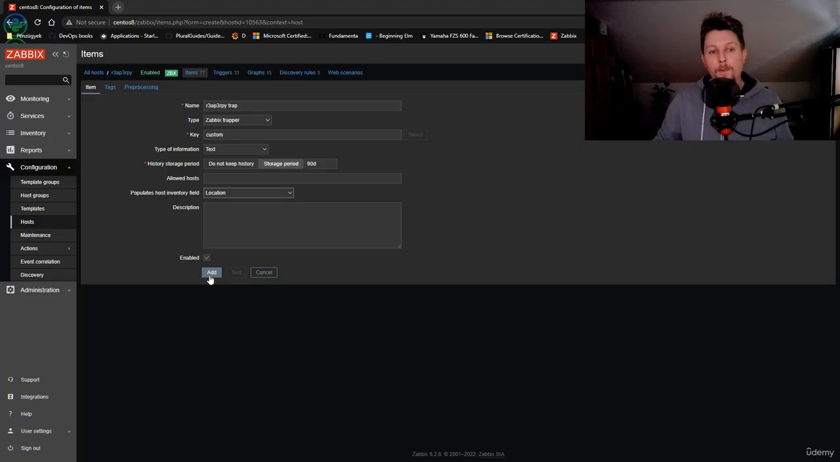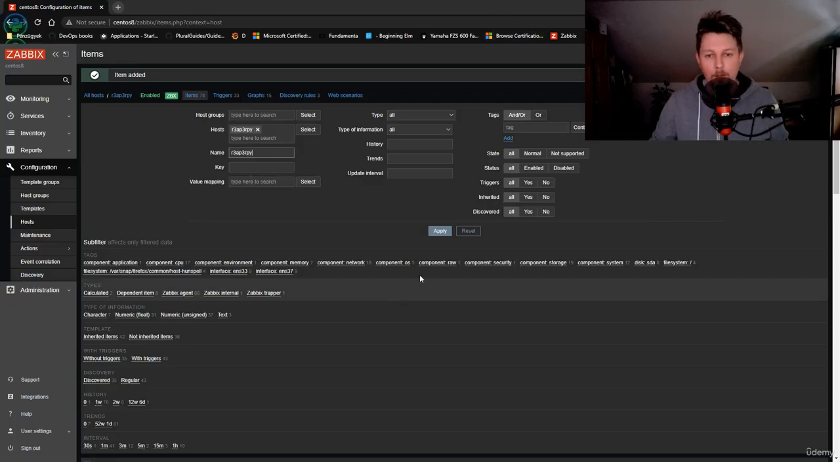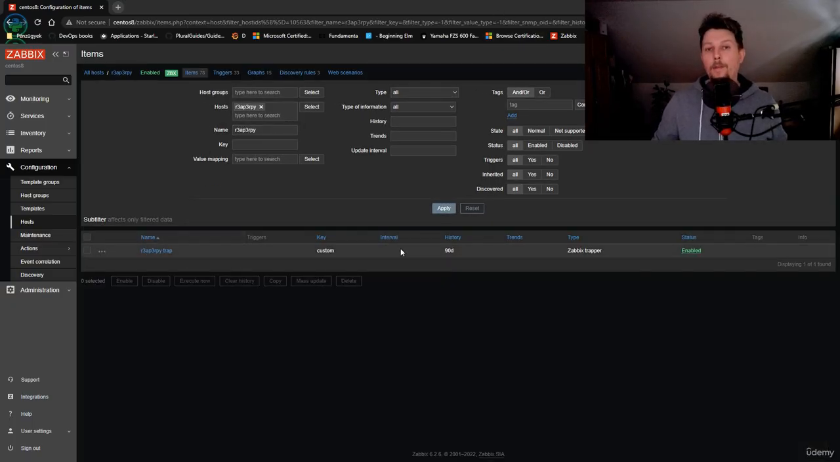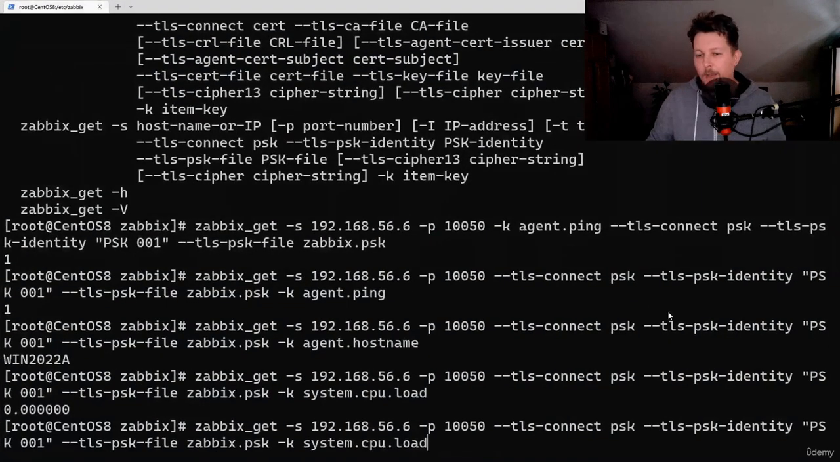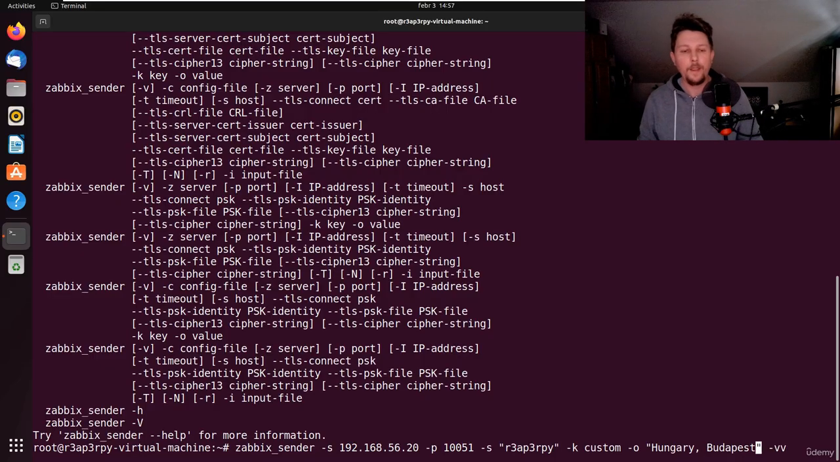If we go and edit and filter it by name, you will see that we have our trap. Let's send some information. This is mapped to the location in the inventory field. What I would like to say is that the key is custom, and the value, which will be the location, is going to be Hungary, Budapest. And if I hit enter,